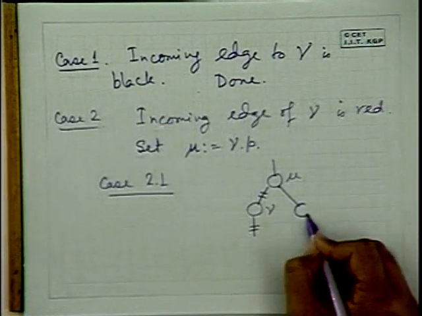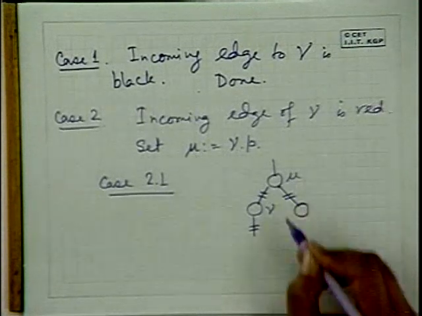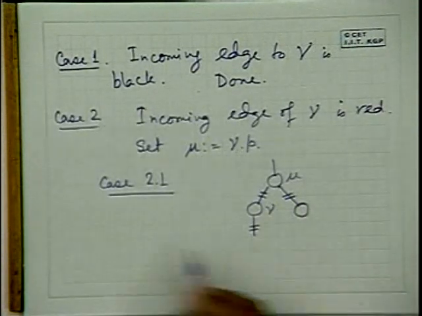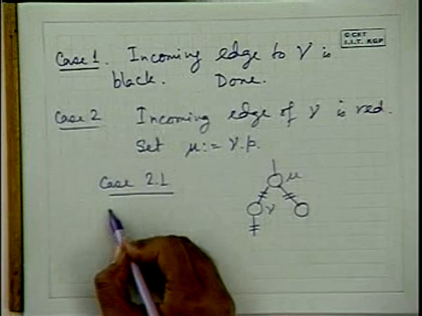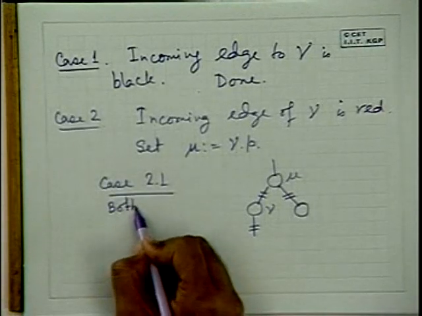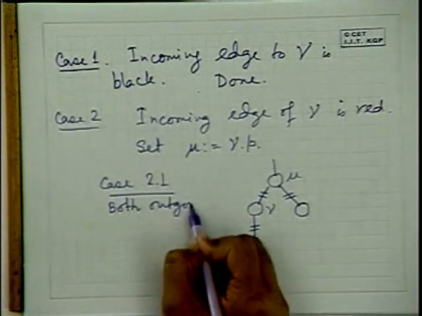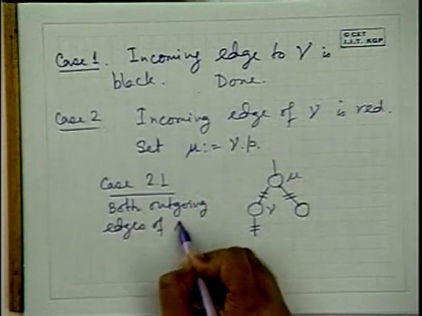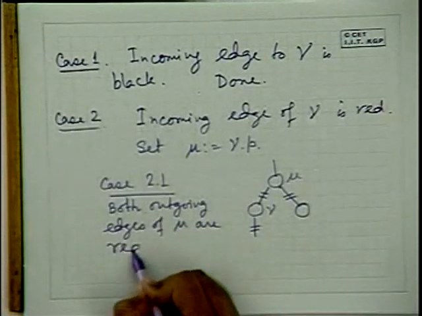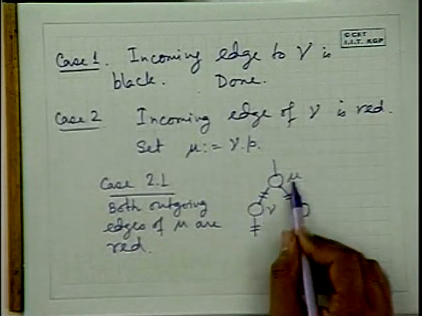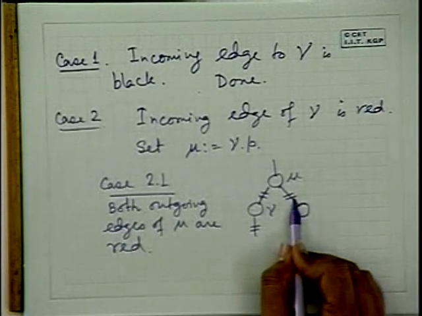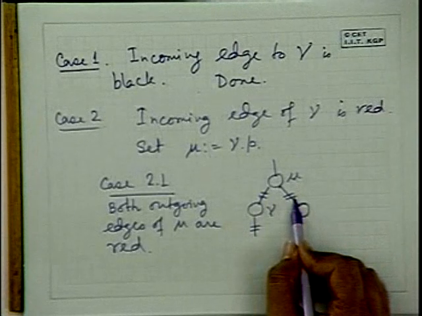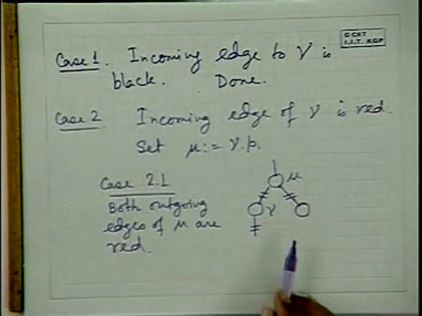If it has a right child, and suppose this is red, that is case 2.1. Both outgoing edges of mu are red. So mu is the parent of new and both outgoing edges are red. Then what we will do,